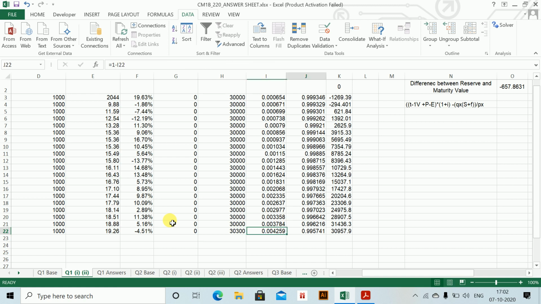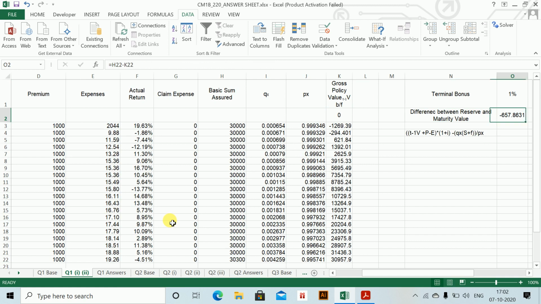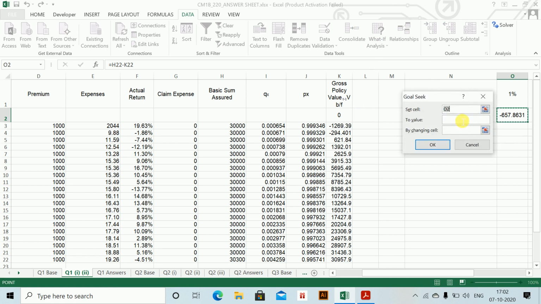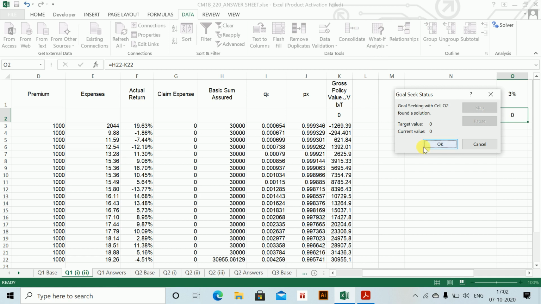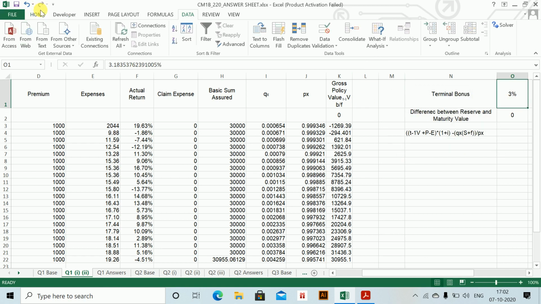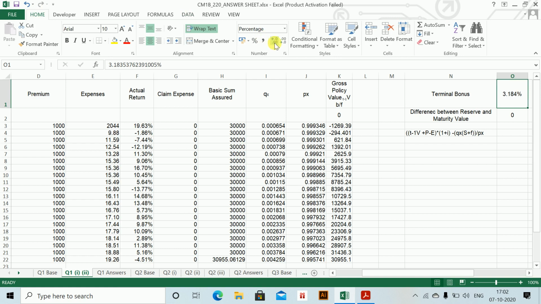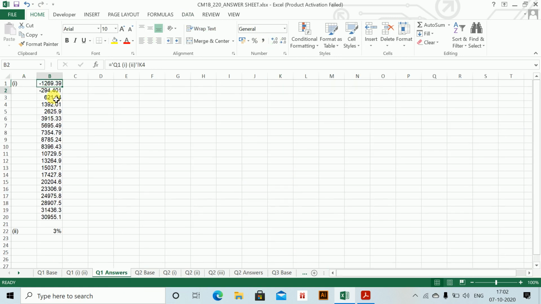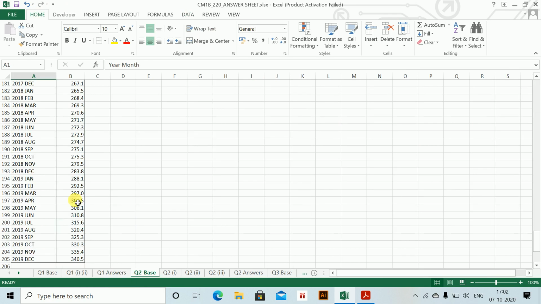Okay, so being both of these same, I need to have this difference to be 0. So What-if Analysis, Goal Seek, to value 0, and by changing cell will be my terminal bonus. I change this, so I get a terminal bonus of 3%. So this is what my answer says. Okay, and then you can just pull out the answers for your reserves, and for part 2 over year. Okay, now question 2